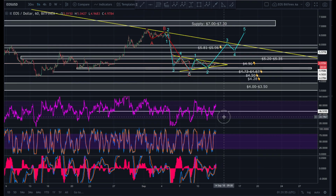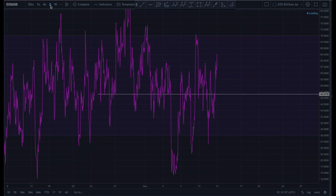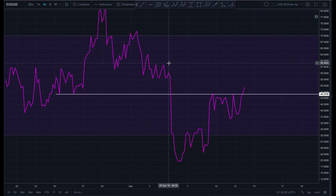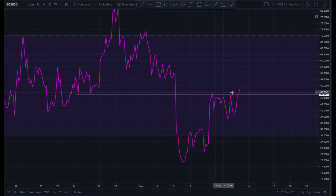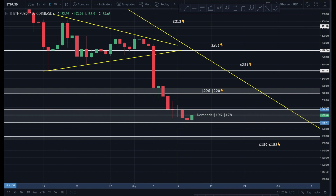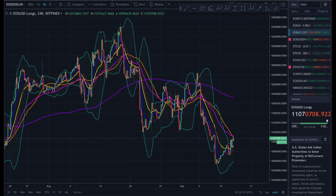Looking at the RSI, if I come over here and look at the 4-hour, we can see that the 4-hour just broke above this resistance line here. This acted as support here. Price broke below, it acted as resistance for the last couple of days, and price finally just broke above. That is a bullish sign, guys. We're also seeing, if we come over here and look at EOS,